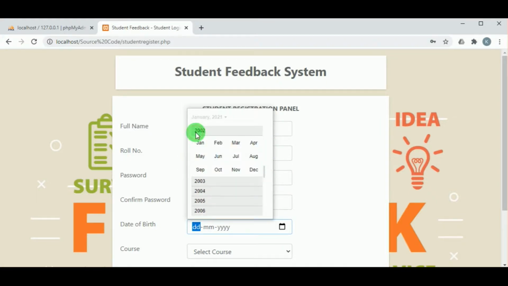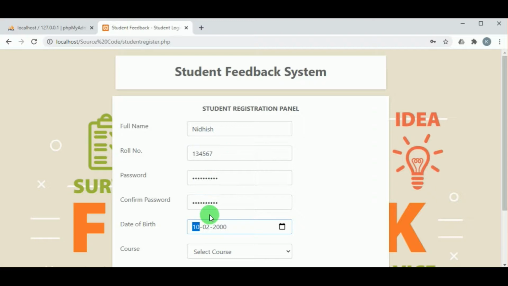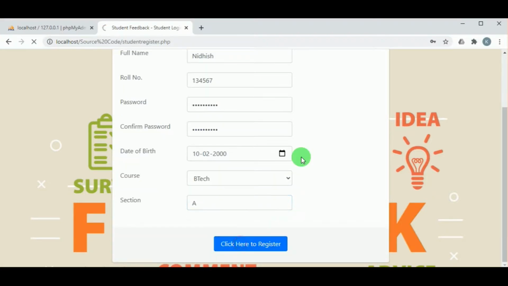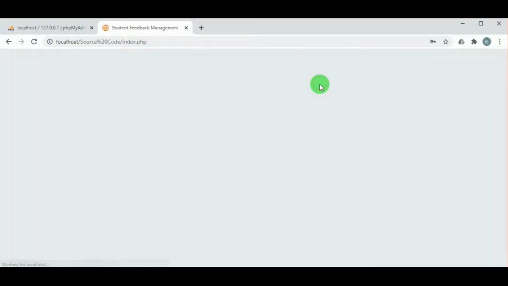So once the date of birth is selected, the course must be selected. And the section must be mentioned, that is which is the section of the particular student. Then click on register, and the registration request is sent successfully.